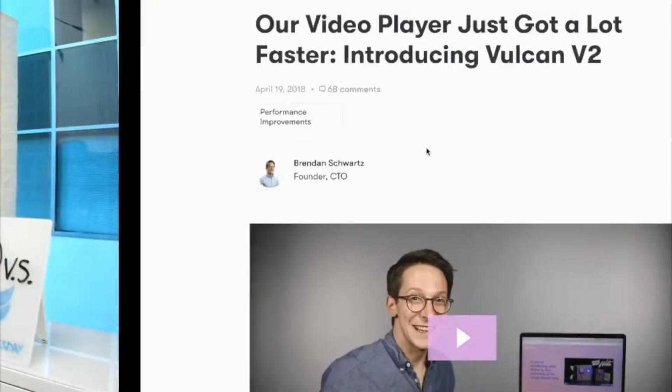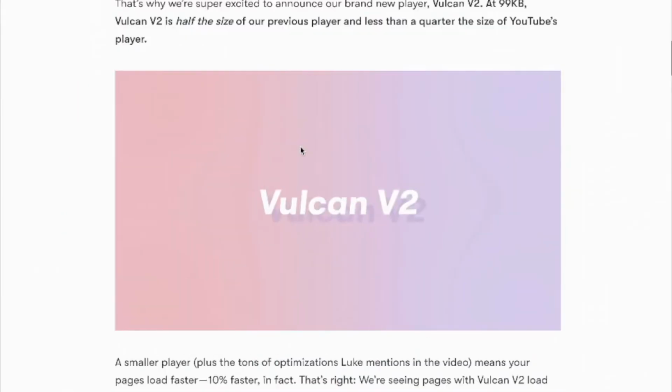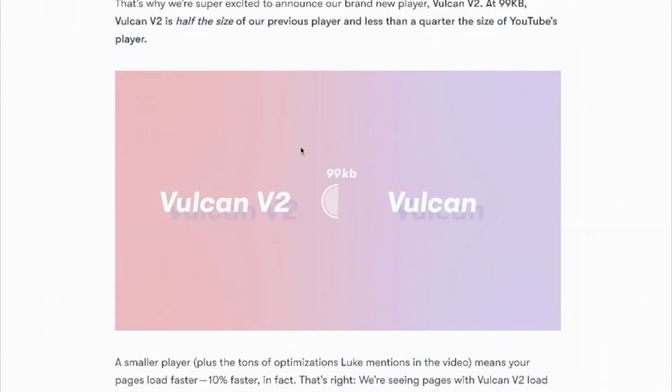The SEO conversation, I believe both tools have great SEO. They both take care of the JSON and all the coding that needs to happen in the background. The one thing that I love about Wistia is the speed on their player. Their player is the fastest player in the market, and their Volt 2 is even faster than YouTube. So it's faster than their latest player, but it's also faster than YouTube. So that is very important when you're talking about SEO. Speed is crucial.